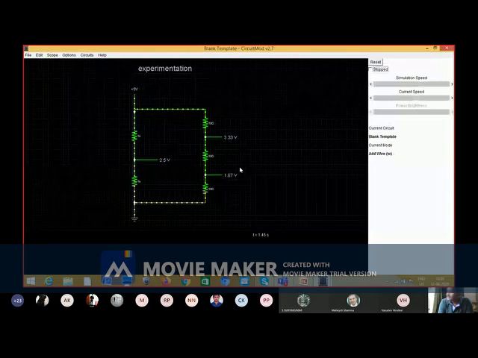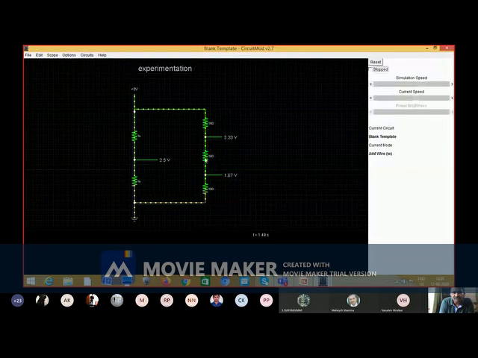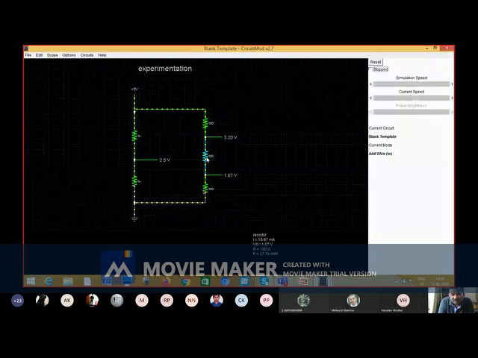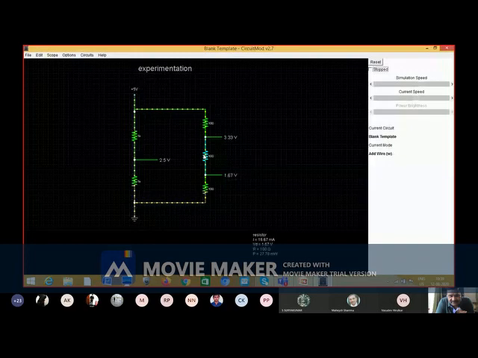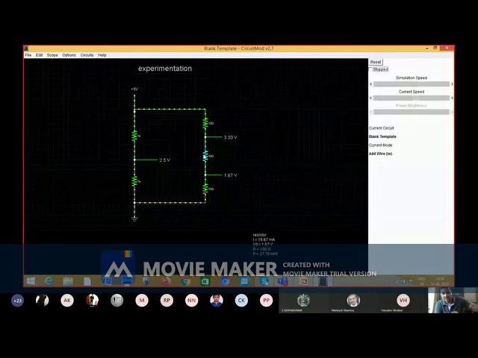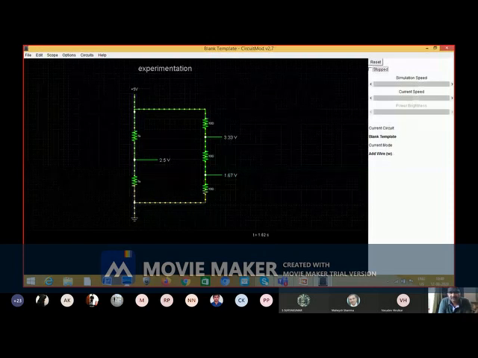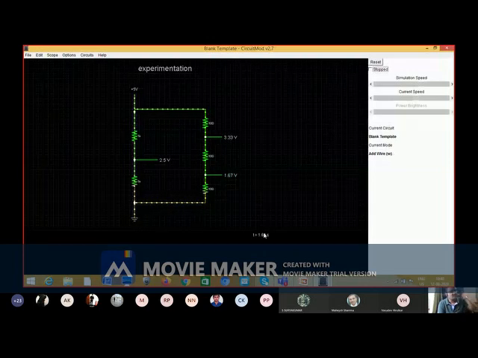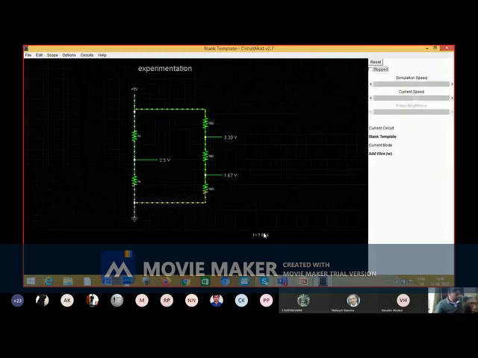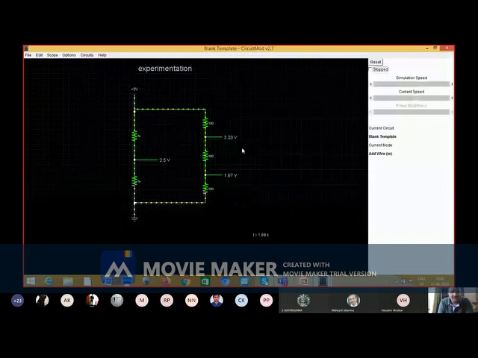Suppose you are interested to know the currents of these branches. Already I said if you're interested to know the current of this 100 ohm, you can see below the resistor value, then current. You can see voltages, correct?